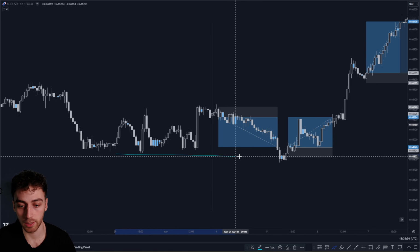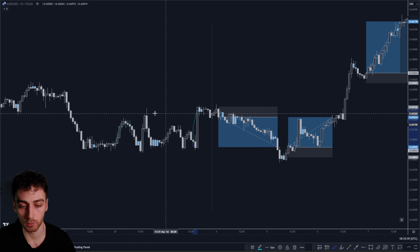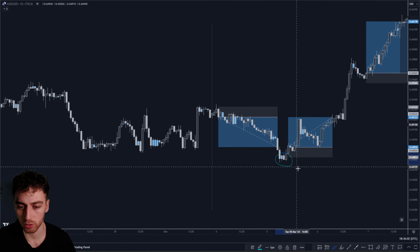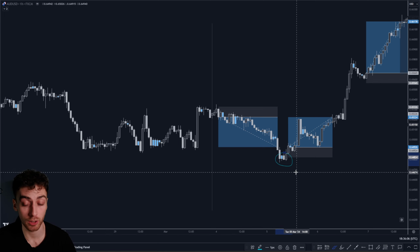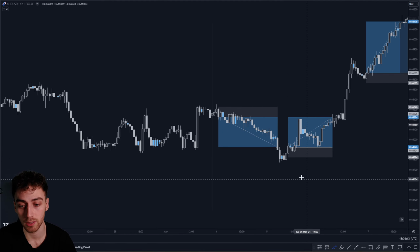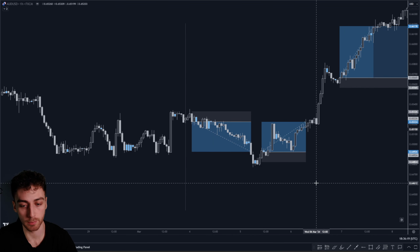And then we got a sweep of the major low, so below this push up, and this push up, seeing lots of momentum in these candles. Didn't initially see that strong of a shift. At this point, I was still looking for bearish continuations, so I really wanted to see a strong shift in momentum because I was still looking for shorts at this point, to be honest. So it wasn't until this candle that I actually executed the bullish sweep,